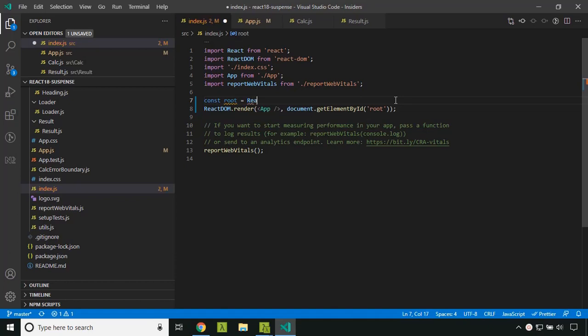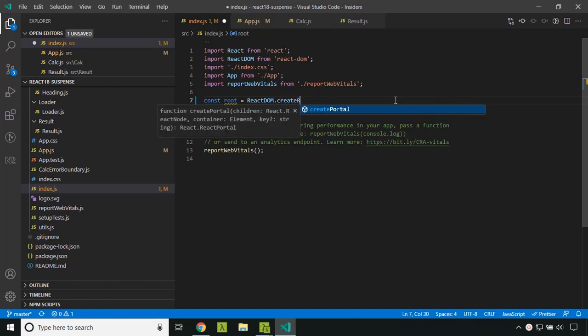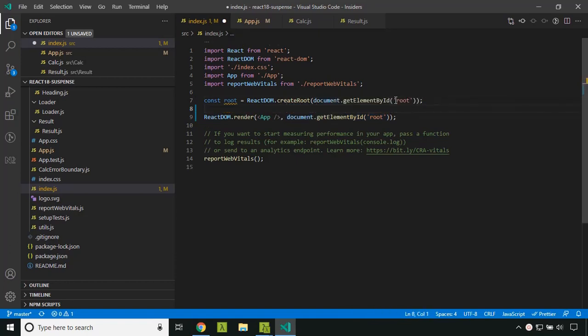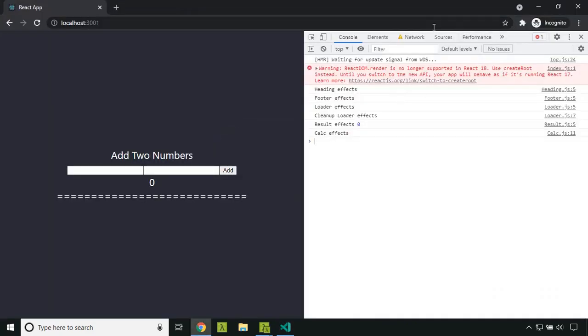Inside ReactDOM, we have a new method called createRoot, and inside that we can pass the root element, and within the root we have a method called render, inside which we can call our application. Let's comment out our legacy code and let's refresh our application.